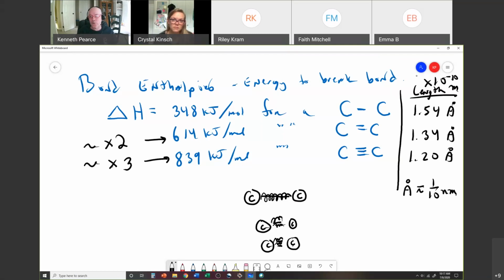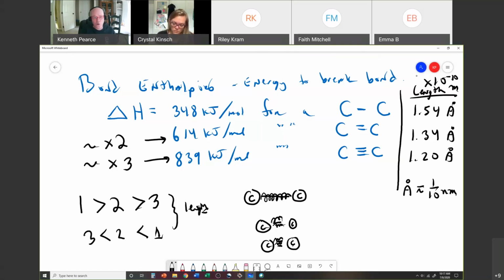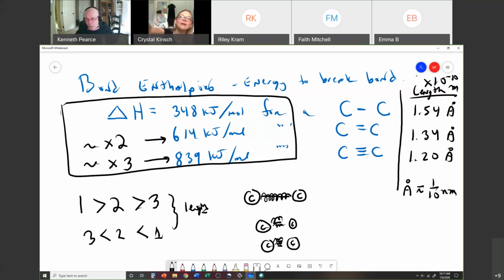Now, what do we need to do with this? Do you need to know these numbers? No. You don't need to know these numbers in the sense of, do I need to memorize them? But you do need to say a single is longer than a double, which is longer than a triple. Or you can say a triple is shorter than a double, which is shorter than a single as far as length goes. All right. And you should be able to say, the bond enthalpy as you double the number of bonds, it should double the energy. Okay. This is generally what, now, as far as these numbers go,